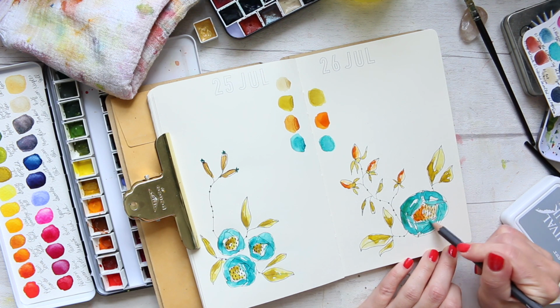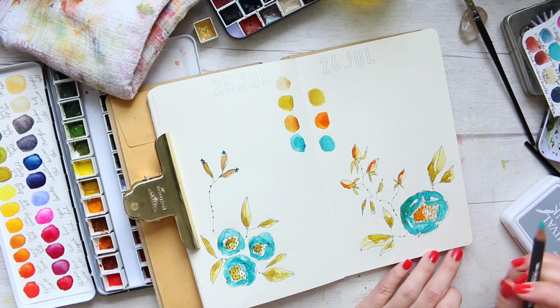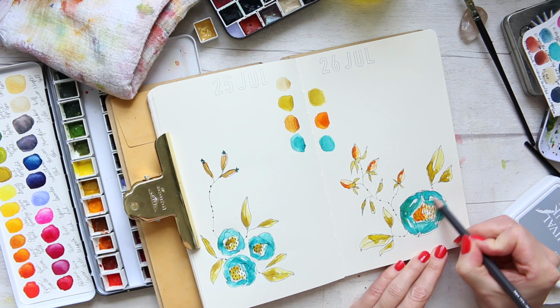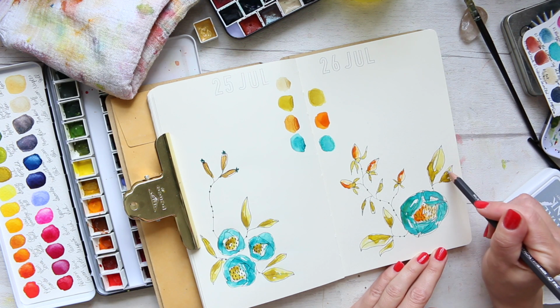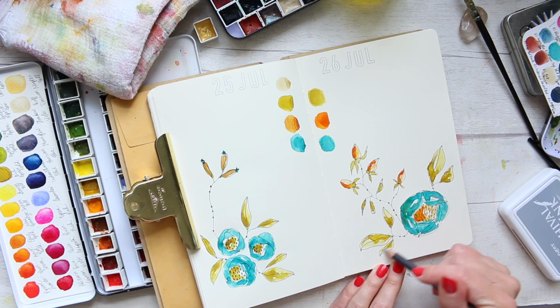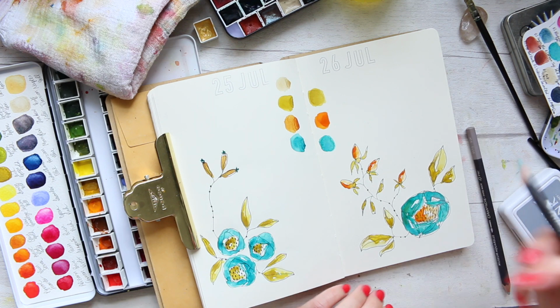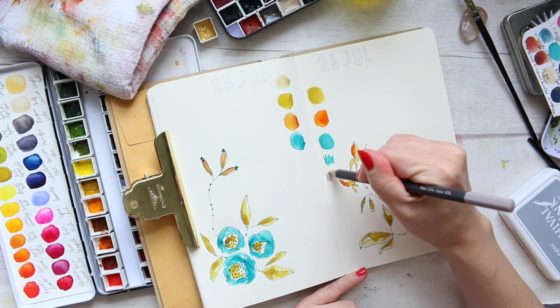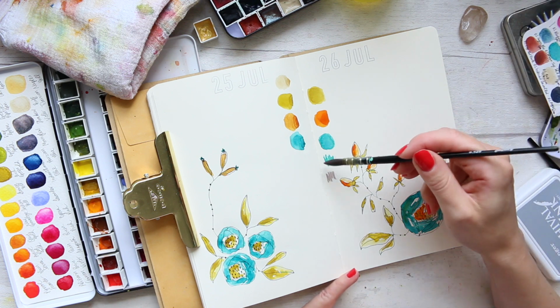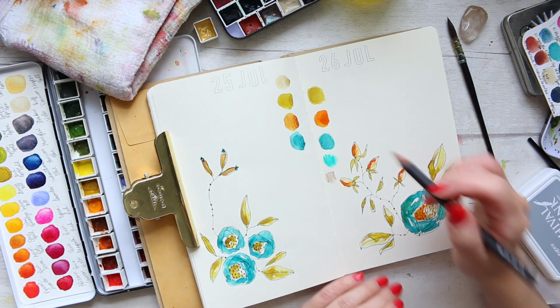I'm now going over reintroducing the Museum Aquarelle by Caran d'Ache pencils, because I haven't used them in a few of the last illustrations, just to concentrate on watercolor for a little bit. But for now, I wanted to go back in with them because I missed them. So I used two colors here, and I will tell you what they are. The turquoise color is the beryl green, and that beautiful gray color is the sepia 10%, which works with everything. So I'm just swatching them out right there,